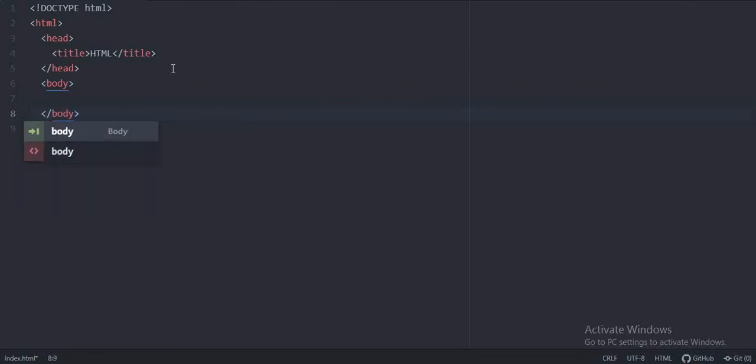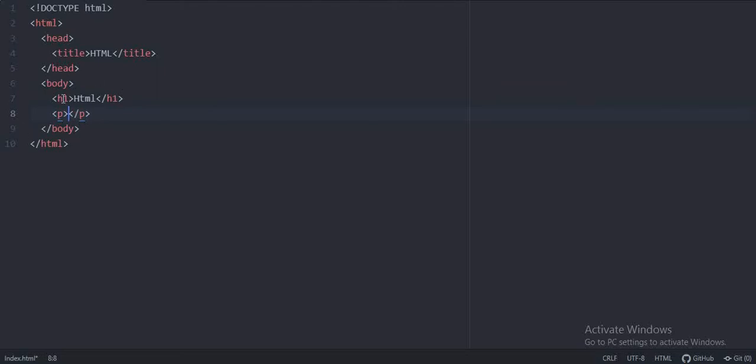And now, wait a second. Okay, so now inside the body tag we write our main code. Let me show you. I am giving a heading of HTML, and then writing some text here.